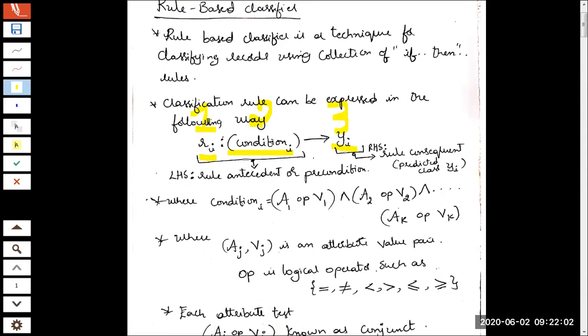Rule number, I think there is no difficulty in understanding that it is R1, R2, R10, R25. Coming to the condition part, how is a condition generated? Condition depends on the application. Each application will have data records, each record will have attributes and values. Different attributes and values will be used to decide what class should be selected, that is the consequent.